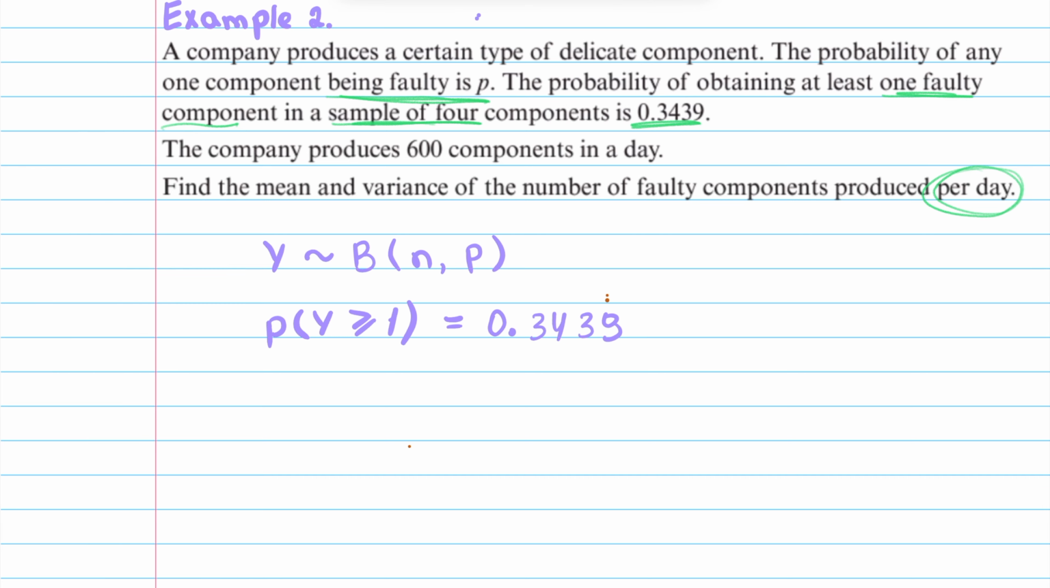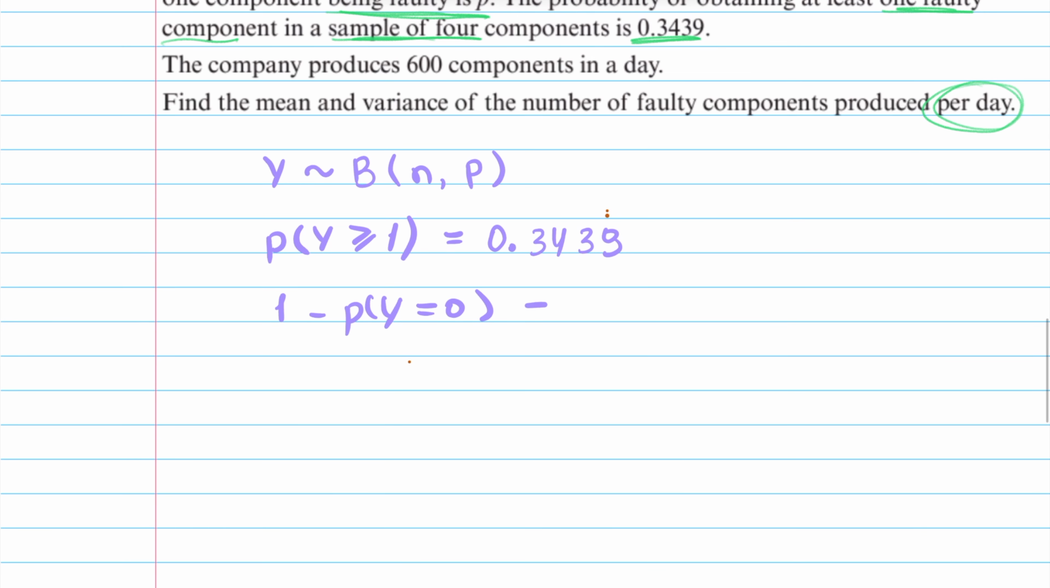So the probability of Y being greater than or equal to 1 can be written as 1 minus the probability of Y being less than 1, which is just Y equals 0. If you take Y being 0 out, everything else that comes after that is what we want. So that is basically equal to